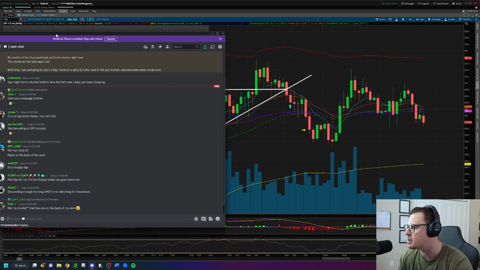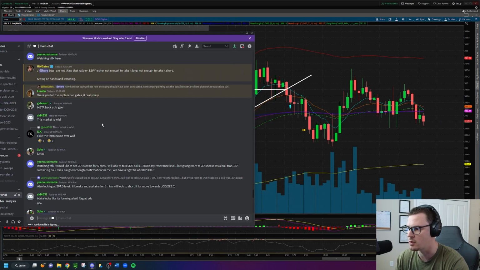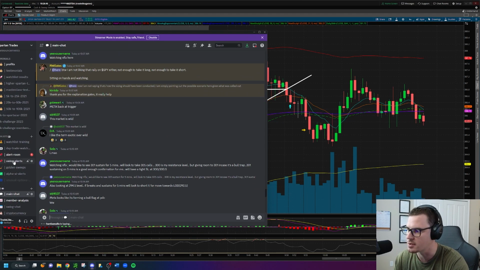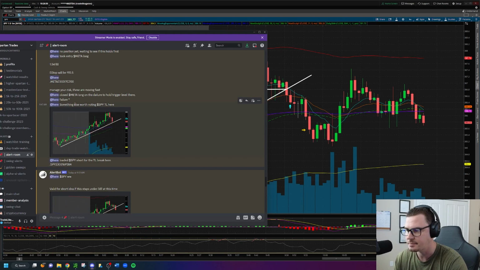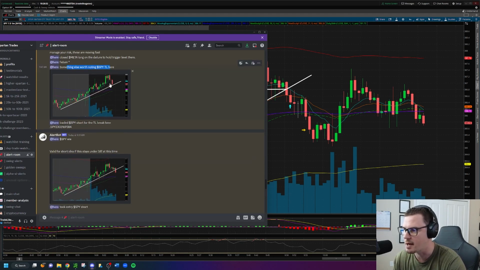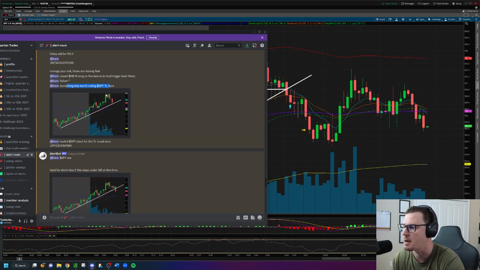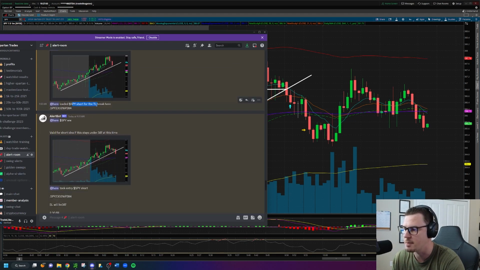So leading up to this trade within the Discord server, I sent this out multiple times. I'll go to the alert room so we can get to it. Something else worth noting, SPY trend line here, right? And I sent that out at 9:47 a.m. So before we even get a breakdown on the SPY trend line, I'm posting this for you. I said I loaded SPY short for the trend line break here. I give you the exact contracts. 1 minute later, I say SPY worth watching, right? Because now we're starting to get that